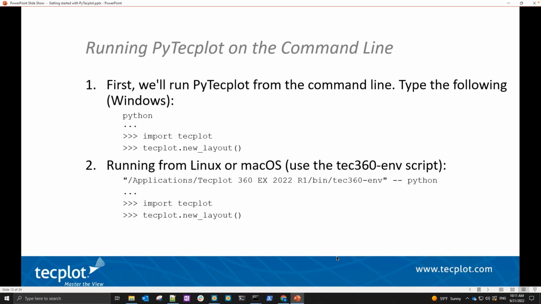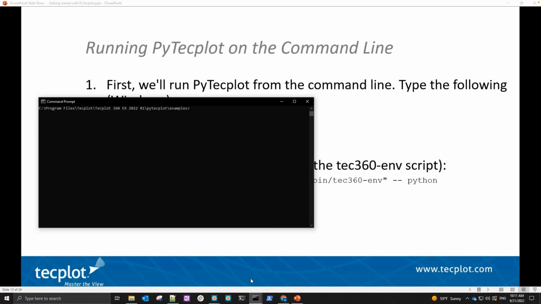Now that we've set up PyTecplot, we want to verify that it's installed and working correctly. To do this, we can run a simple run of PyTecplot on a command line without a .py script. So on my Windows machine, I'll demonstrate this. What I can do is go up here and simply type Python. And then I want to just do a really simple test to see if PyTecplot's imported correctly. So I'll do import tecplot. And then what I'm going to do next is